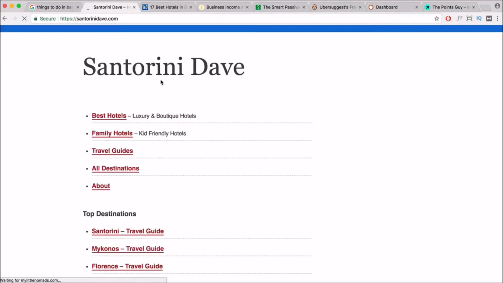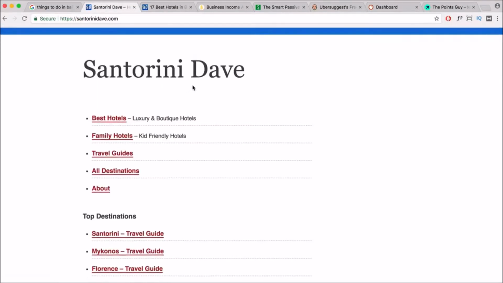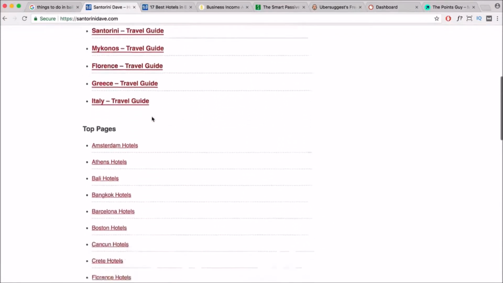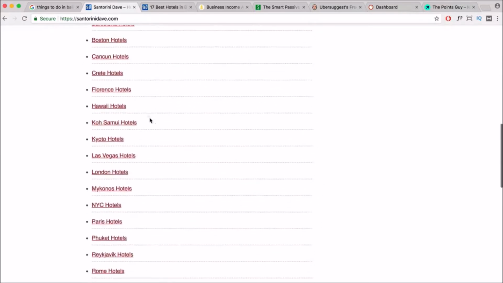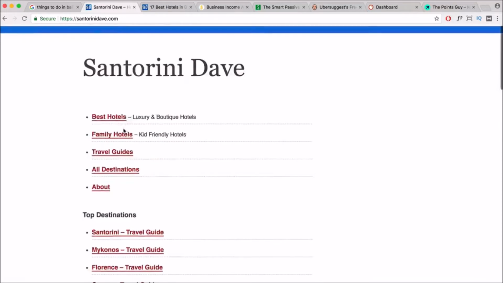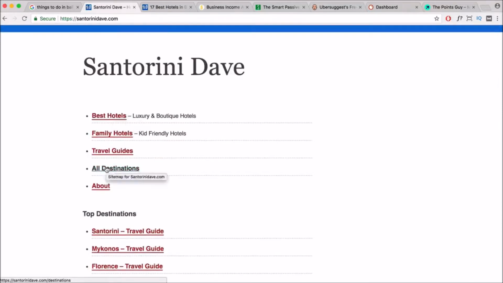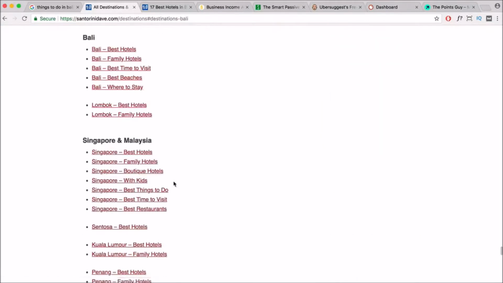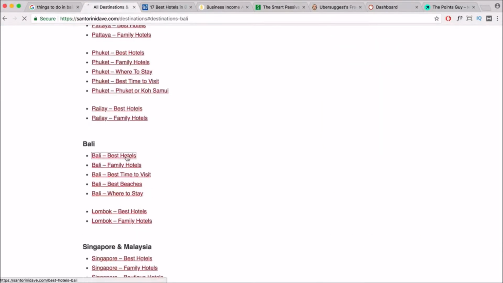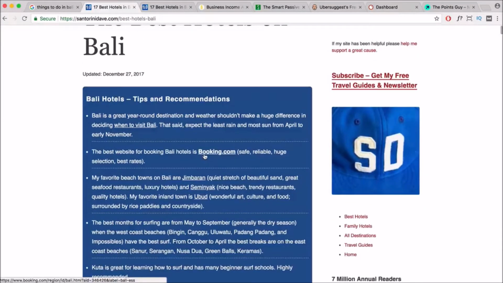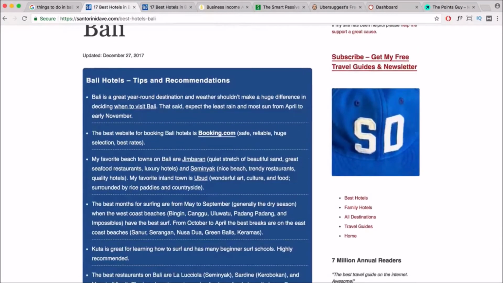Santorini Dave. Okay, so this is a good blog that you can get some inspiration from. As you can see, he's got travel guides for all sorts of different locations, guides for different hotels as well, right? Let's click on all destinations, and let's click on Bali. Let's click on best hotels, and then here, if you scroll down,